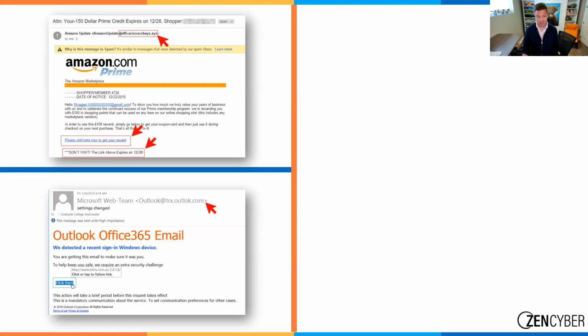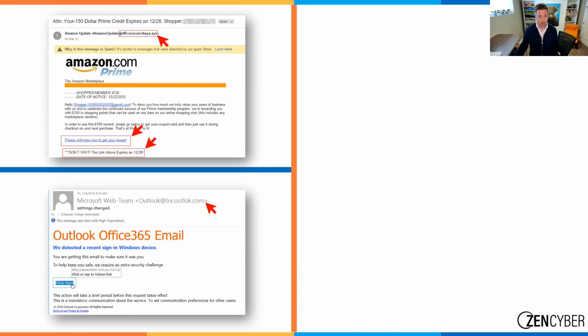We have seen this extensively, where they're looking for businesses that have I's and L's in their names, and they'll register, for example, tier3it.ca. They'll register tier3lt.ca, and they'll send emails from that because an I and an L look very similar when you're just glancing past.